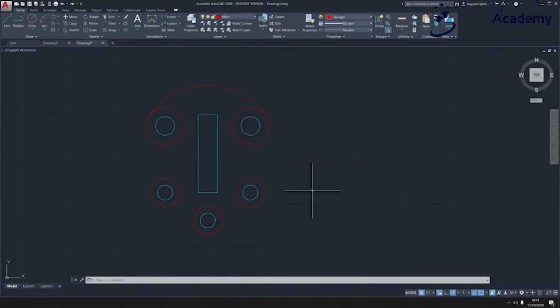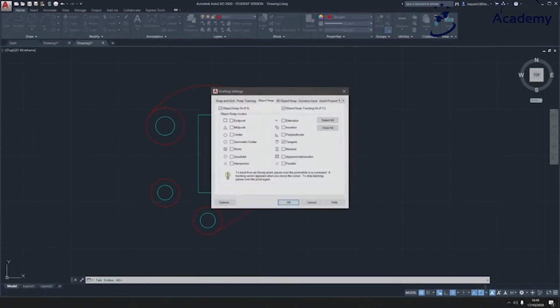And we're going to use the Line tool to go between the tangent snaps. So you see it shows here, and then press enter. And we'll draw another line from here to here, and that's that. So now we need to turn on the snap points we turned off. So I'm going to go to Object Snap Settings, and we're going to turn off Tangent, and we're going to